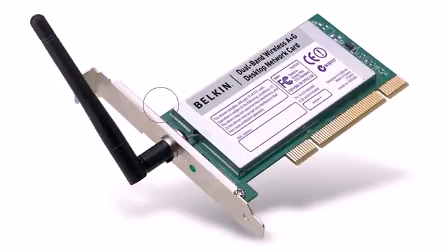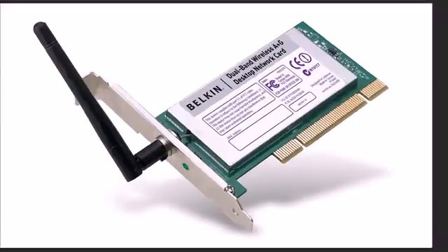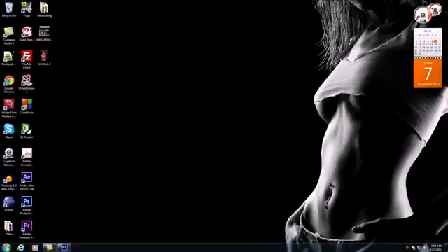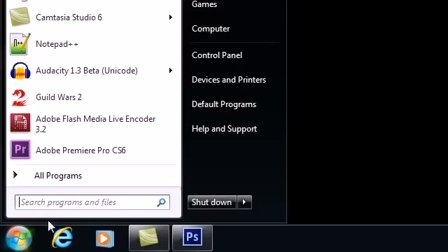There are wireless network interface cards, and as we go on in these tutorials, we're going to be learning a little bit more about different types of network interface cards and how some are faster than others and the benefits of some over others, and we'll be talking about that more in detail later on. But for now, let me go ahead and show you guys something really cool. If you're on Windows right now, you can go ahead and click the Start button, and in the search box right here,